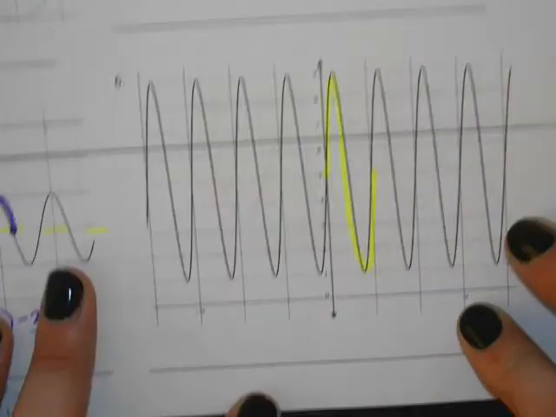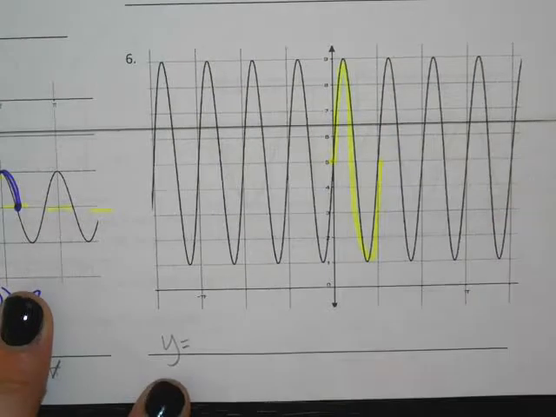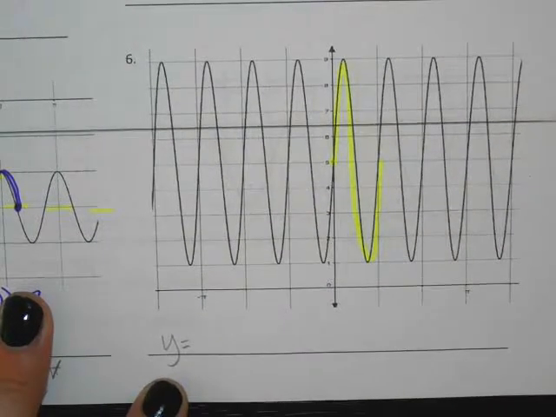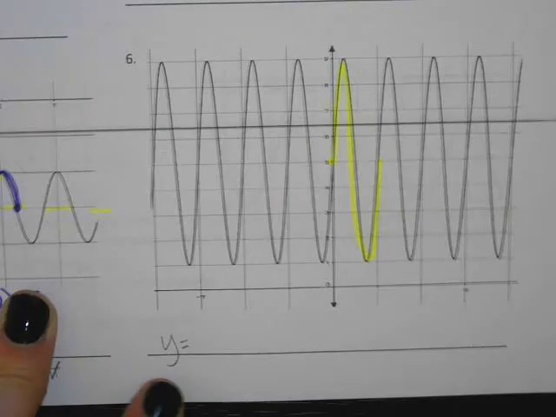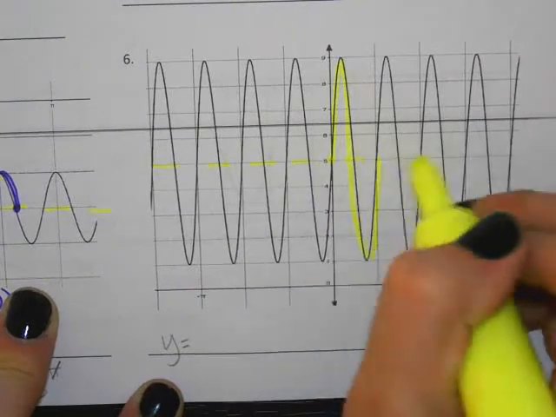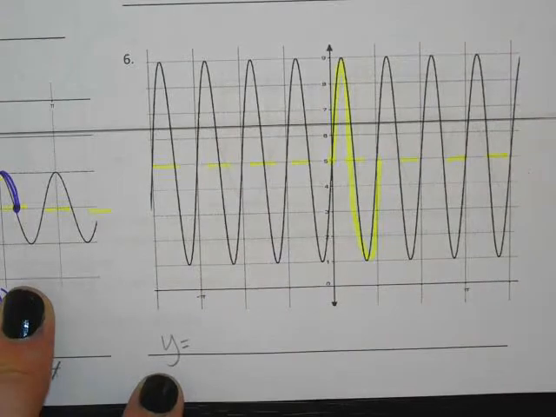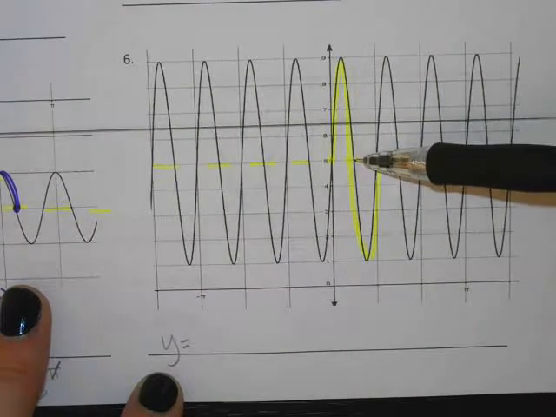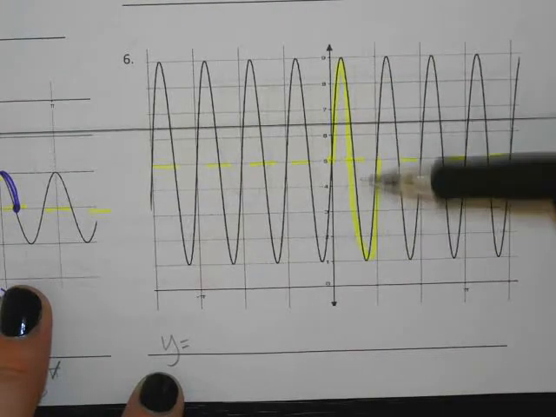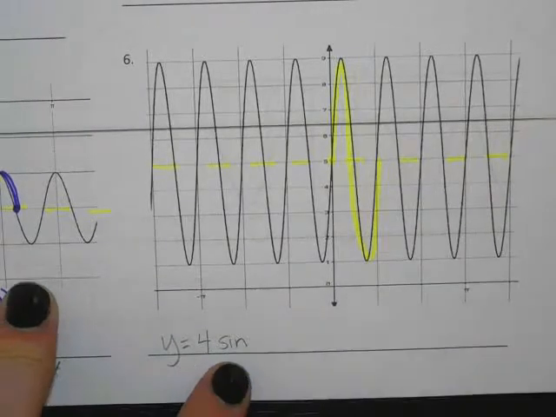All right. So we're going to write a sine equation. We have y equals, is it a positive sine equation or a negative? Positive. Okay. Does anyone know the amplitude? 4? I agree with that. Okay. We have an amplitude of 4. So the middle is at 5, and it goes up to 9, so it's up 4, and it goes down to 1, so it's down 4. Okay. So we have an amplitude of 4, sine, okay,